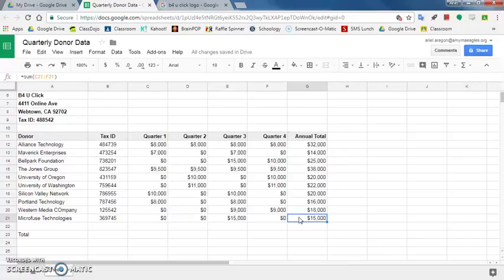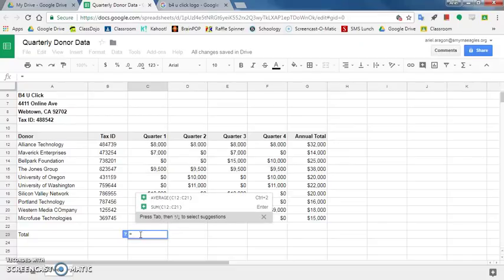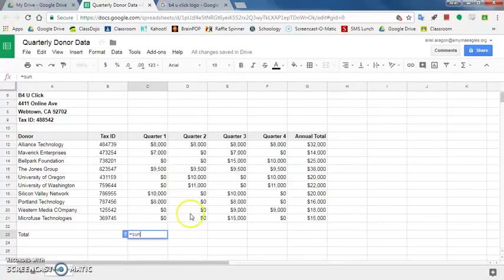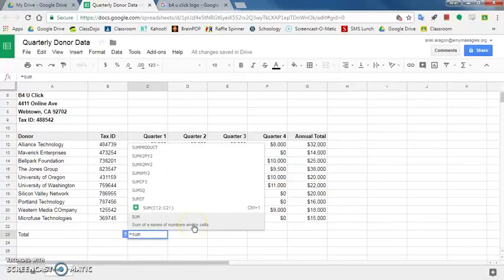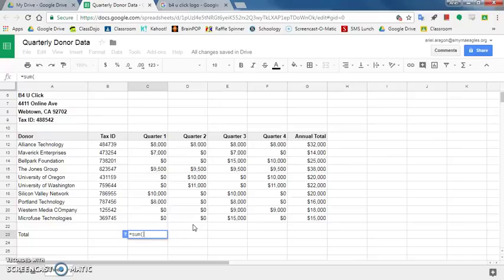Next step, 12, in cell C23, key a formula or use the sum function to calculate the total donations for quarter 1. So cell C23 is right here. Again, we're adding a total. So equal sign, all formulas start with equal sign, sum, and then parenthesis, and we're going to do